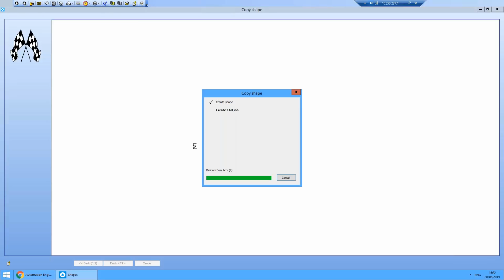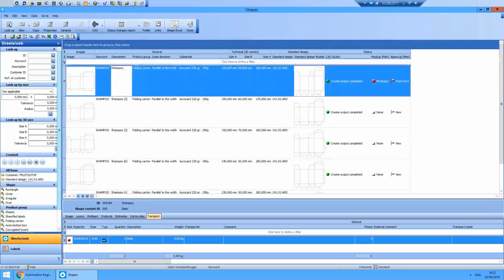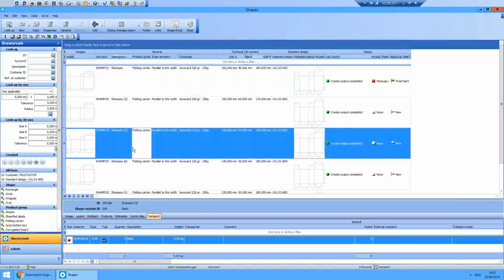So this is mainly the same. The only difference is that we store also the link between the previous and the new shape. And by storing this link, we then can show to the users what we would call the shape evolution. I will show this with an example. If I open the cases with the shampoo box and I click on whatever